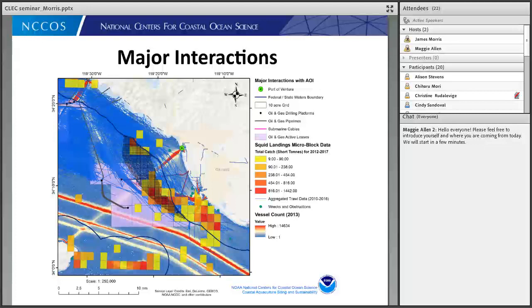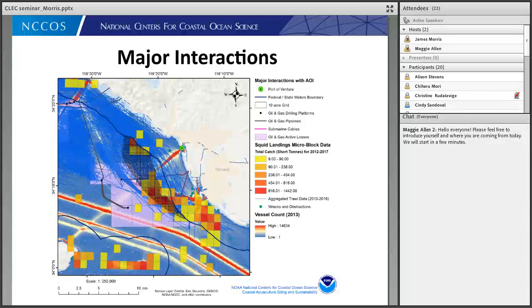So here's an example of what would be somewhat of a precision siting analysis. This is for a farm siting project off the coast of Ventura, California. Here you can see the gray area that I'm circling is the area of interest. These are 100-acre grid cells within, and this area was determined by the farm, by industry, as having the environmental characteristics that they needed to